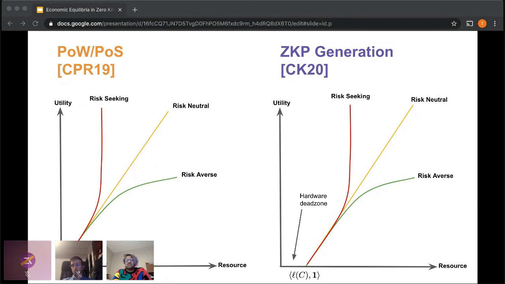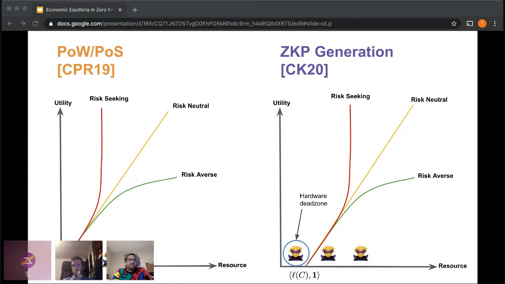The difference is in zk proof generation on the right, you see that the utility is actually 0 until we hit our constraint line. And that constraint line is really important because unlike in proof of work or proof of stake, where if I have a very small amount of stake, there's still technically a non-zero allocation to me in infinite time, in zero knowledge proof generation, that just isn't true. Because of how all these components interact and because of the empirical evidence that we have from running these calculations. So the idea is that this little constraint causes some differences in how collusion works.